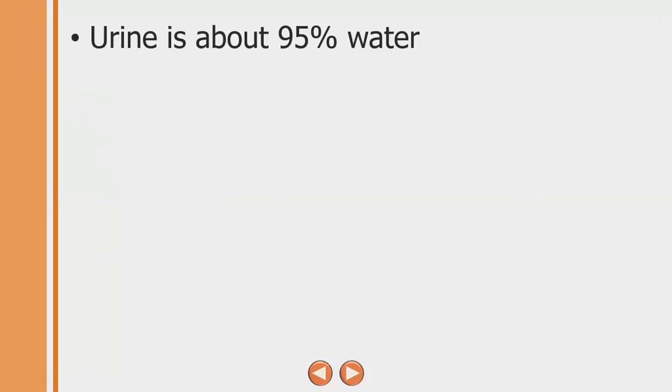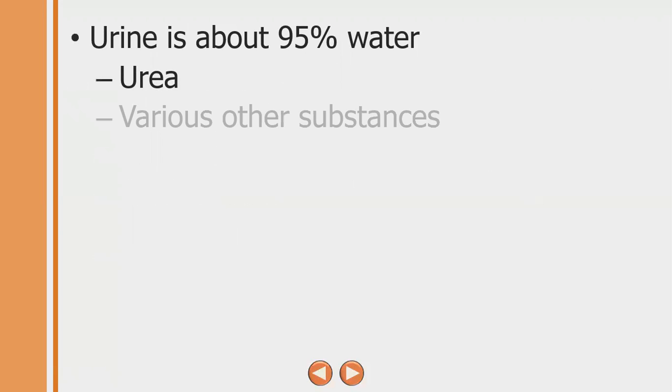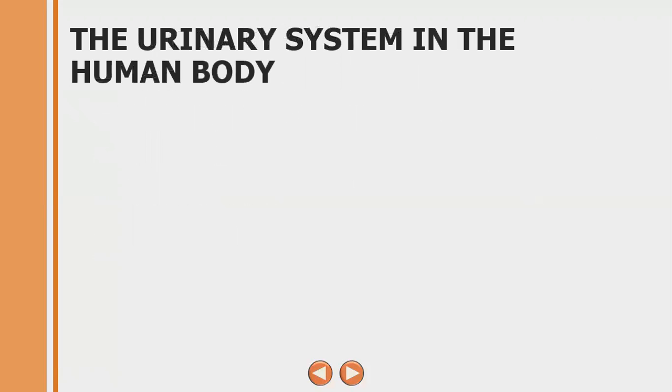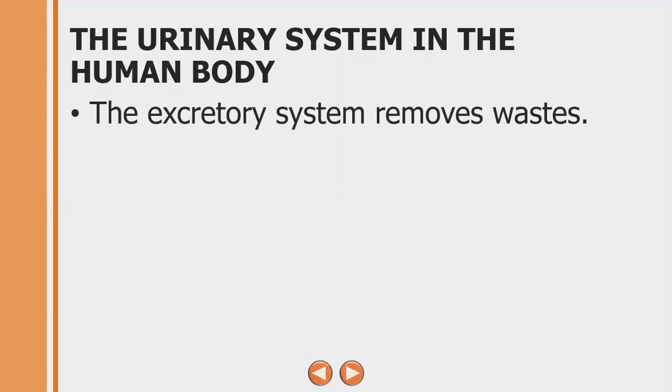Remember, urine is about 95% water, and the other part is urea, which is the toxin. There are some other substances that get in there as well, like vitamins, minerals, and proteins. They're a very, very small percentage. But there are things that you wouldn't want in your urine, that would be abnormal,